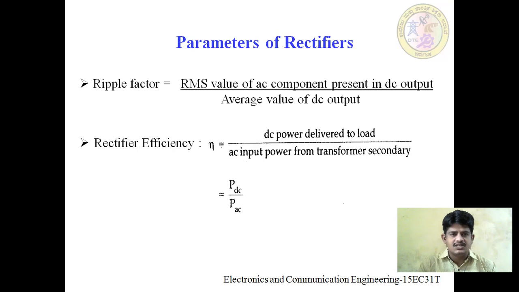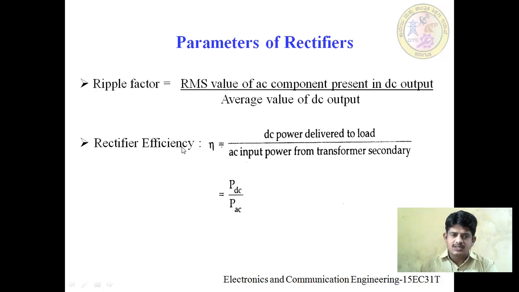Here, the rectifier efficiency. So what is the output of a rectifier? It's a DC. What is the input of a rectifier? It's an AC. Okay. So let's see the statement. Rectifier efficiency will be denoted with eta. And our ripple factor will be denoted by gamma. So rectifier efficiency eta is equal to DC power delivered to the load. You can recall the block diagram of the power supply. In that also we have seen that the output of the rectifier is passed through many sections, then it reaches the load. So DC output power to the AC input power from the transformer